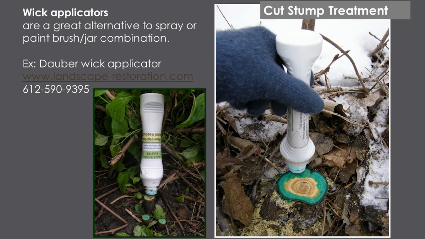So that's one of those 4 or 5 ways you can do it wrong. If you just whip around really quick and then take off, no, you just got to watch it. Almost nothing is going in there. Your 1-inch fresh cut stump, you're going to go around the perimeter a few times and just watch it soak in. If it's a little bitty guy, you just treat the whole thing, okay? But if it's bigger, look at that.